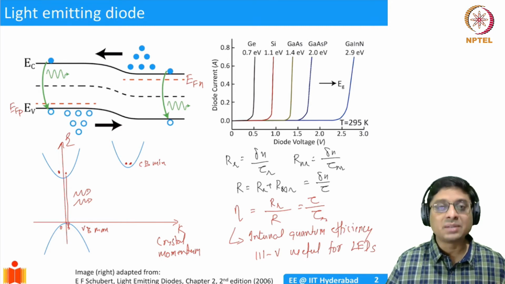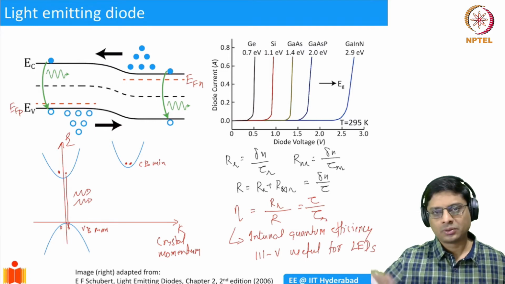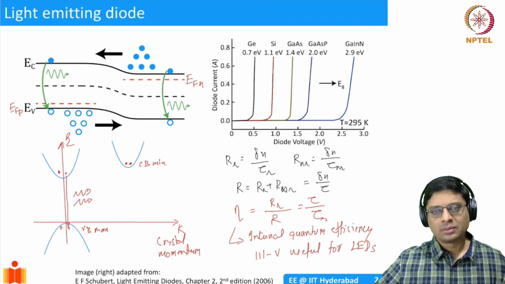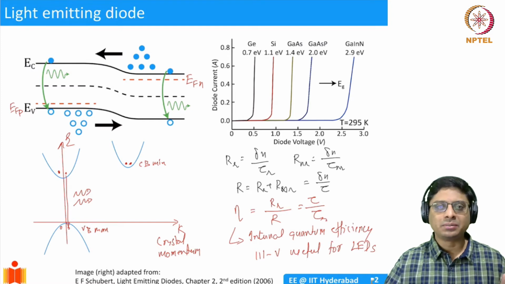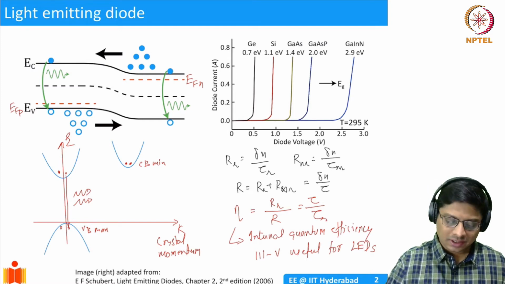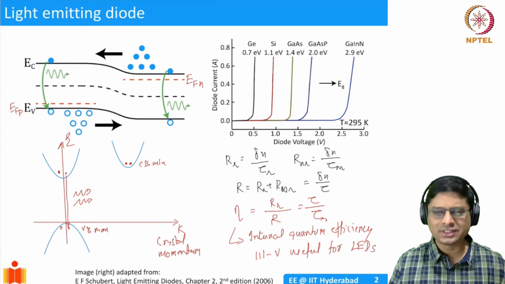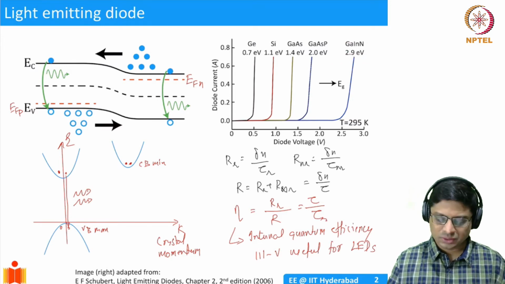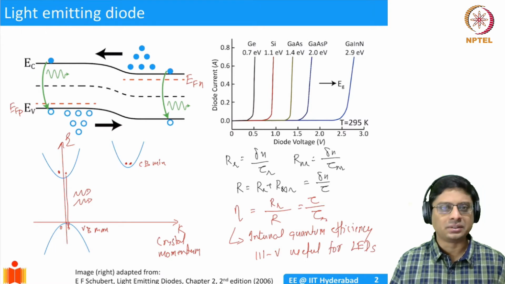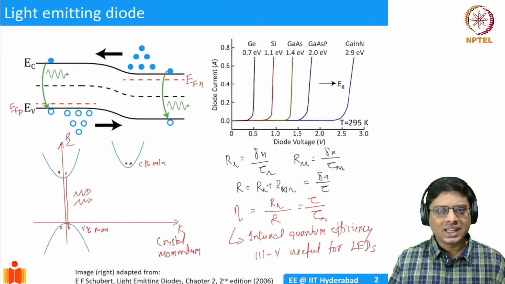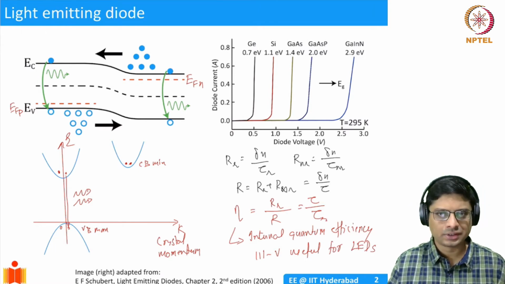So if we choose, let's say, gallium nitride devices, the band gap is 3.3 eV. Okay, so the threshold voltage will be large. But then I can combine it with indium to bring down the band gap a little bit. Here, there is this gallium indium nitride, which has about 2.9. This is a schematic illustration, just to tell you qualitatively what is happening. Okay, so electrically, there's not much of a difference.